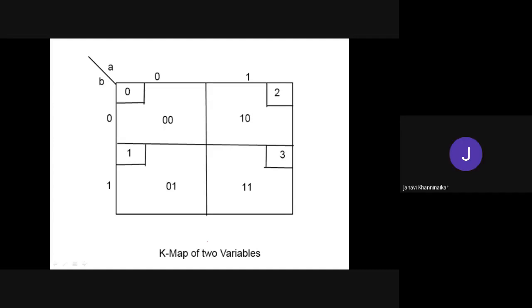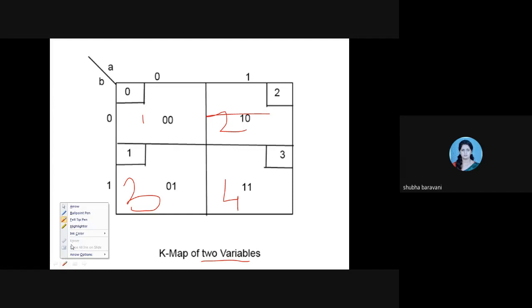So see, this is called your K map. Now, when I say this is a K map for a function of two variables, it means when you draw the boxes, you can see four boxes here. The first box, second box, this is third one and fourth one. It means there are four cells.